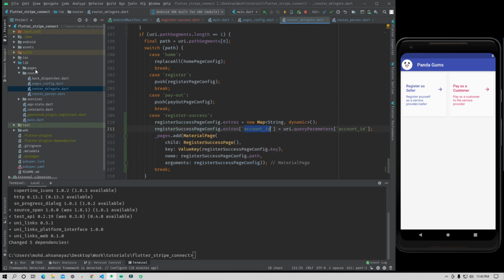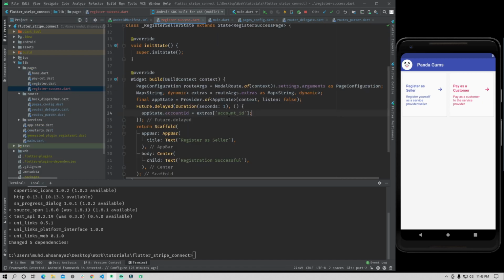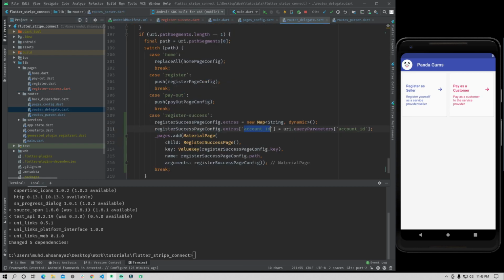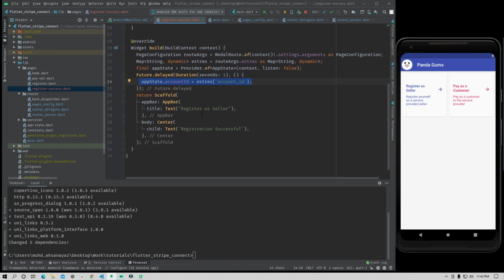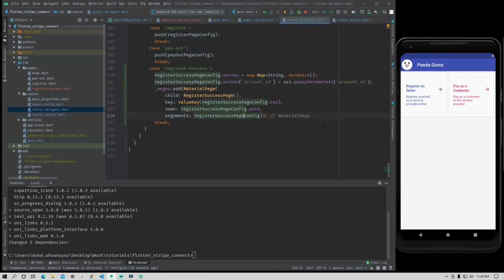And inside this page, as we already have seen, we take out this account ID here in this code. So we are basically passing it from the router delegate and then accessing it into the register success page itself. Now that we have updated the router delegate as well, we need to go and create another method in the